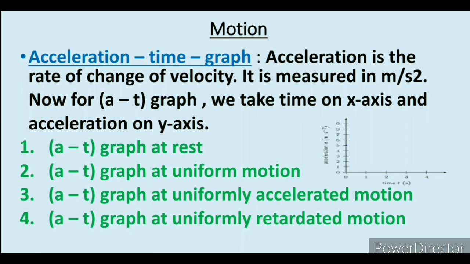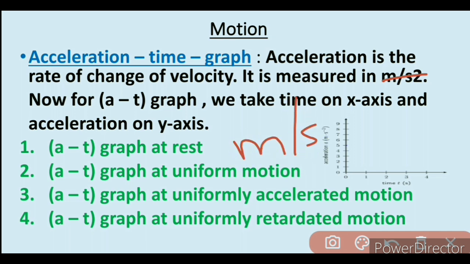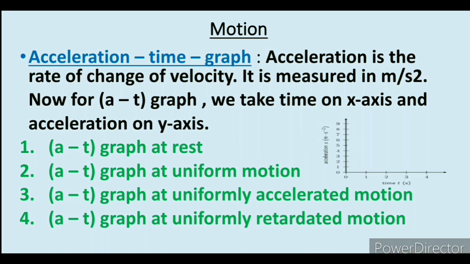In this video we study the acceleration time graph. Acceleration is the rate of change of velocity. It is measured in meter per second square. So now for the acceleration time graph we take time on the x-axis because time is an independent variable